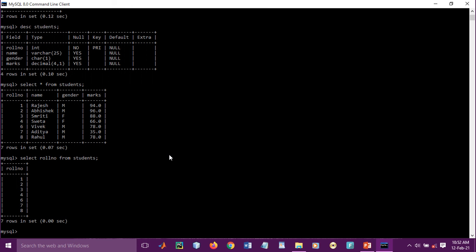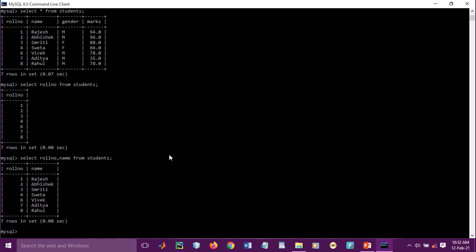If you want to see a combination of columns, you can type select roll number, and suppose you want to see name also from the table students, you can see it this way.